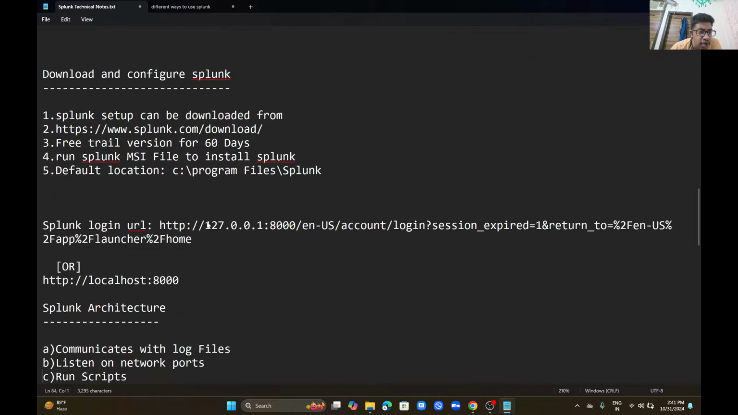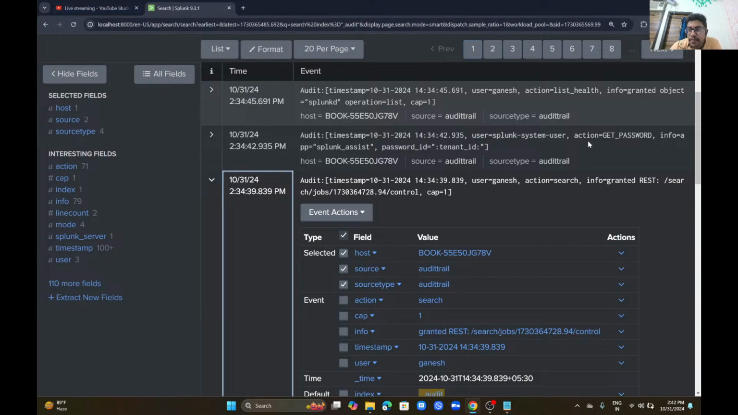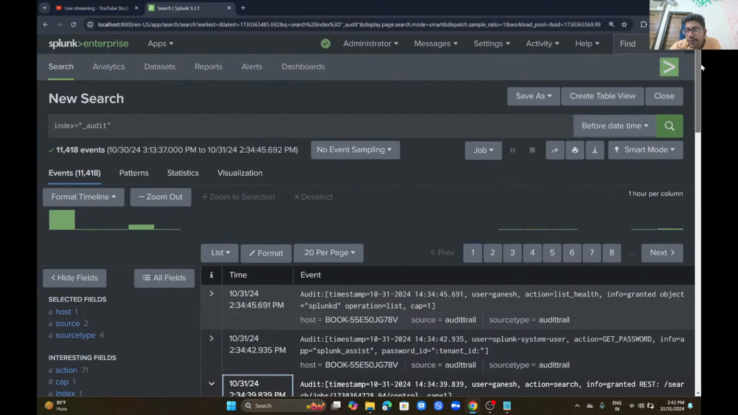This is the download and this is the trial version. This is the Splunk default location. If you want to change the Splunk location, you can. This is the login URL for Splunk. I will show you this. I will log out of this. Okay. After this,